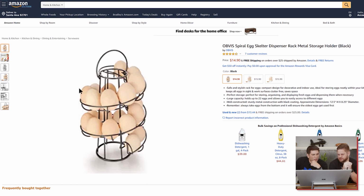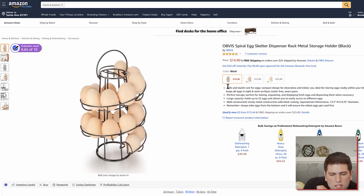A little bit better. Yep. Safe and stylish rack for eggs. Compact design. Tells you what it's used for. Keeps all eggs in sight. Remember, that was important to some people. Perfect storage, large capacity, well constructed. That's a little bit better, all right? Still, I think they can...